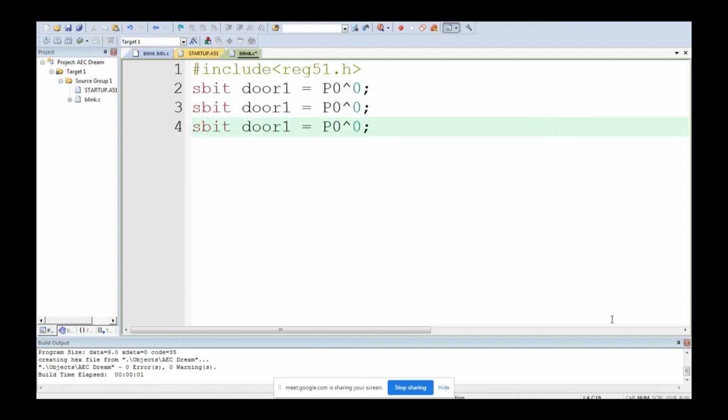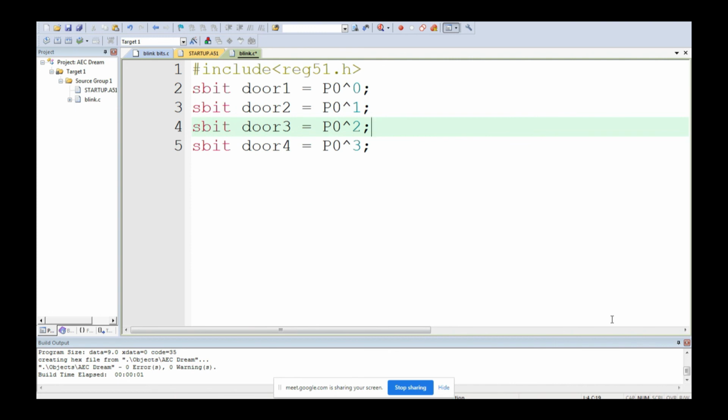So I'm just copying and pasting 4 times. sbit is a special function register bit. So door2, door3, and door4. Door 2 is P0.1, door 3 is P0.2, and door 4 is P0.3. So what do you understand from this? The sensor from door 1 is connected to the P0.0 pin. Sensor from door 2 is connected to the P0.1 pin.